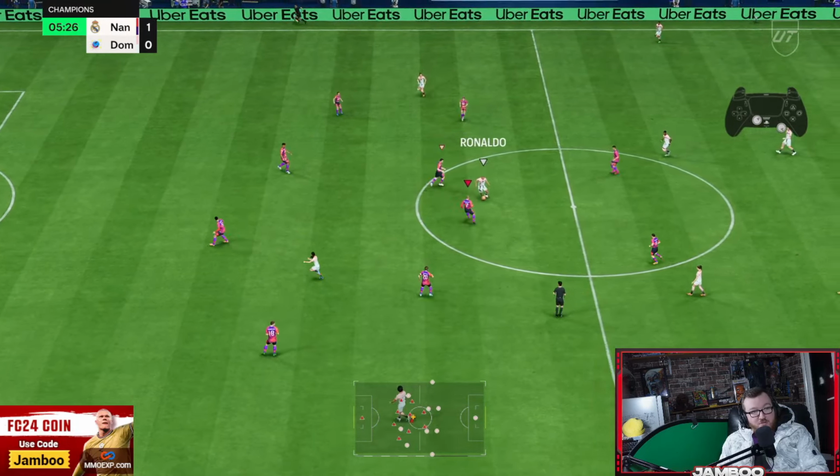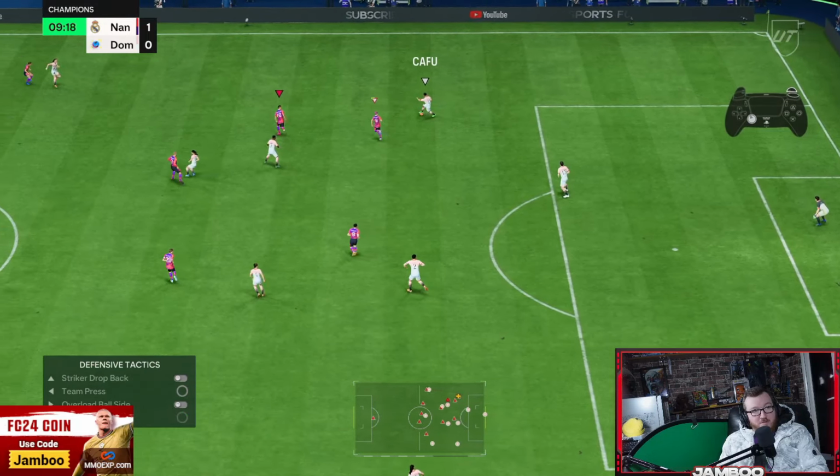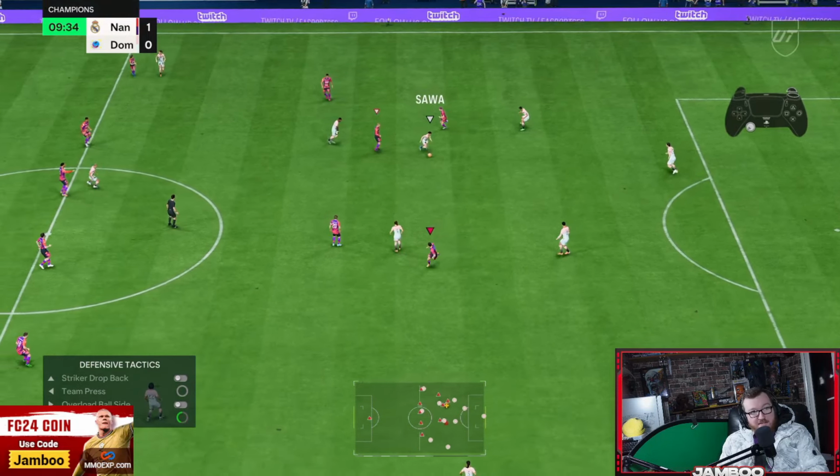Triggering runs again with L1, which is so important. That is something you guys need to be doing. L1 sprint boost with Puskas. A little heavy touch there with the right stick. We'll go for a finesse. Does get blocked. But again, you know, offside trap as soon as he's got the ball after the goalkeeper has